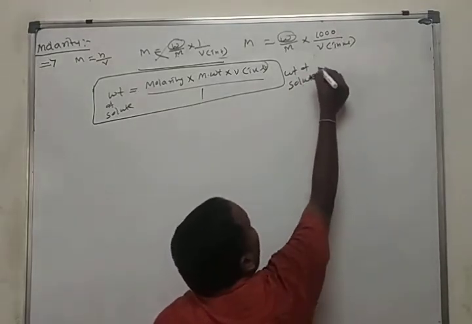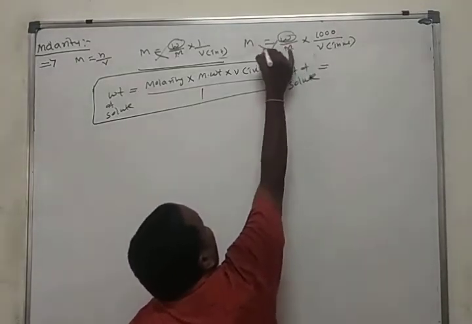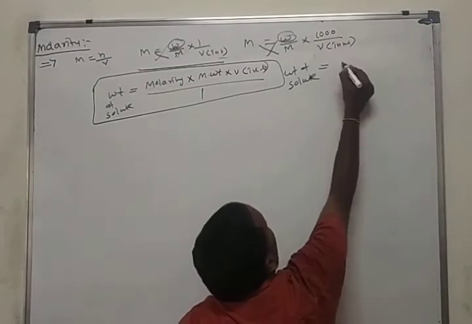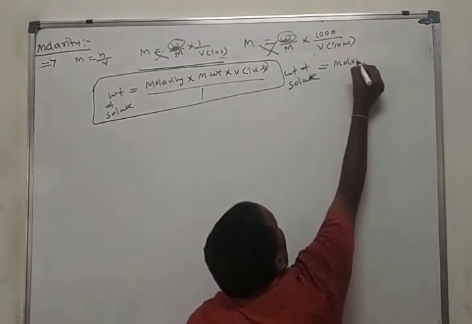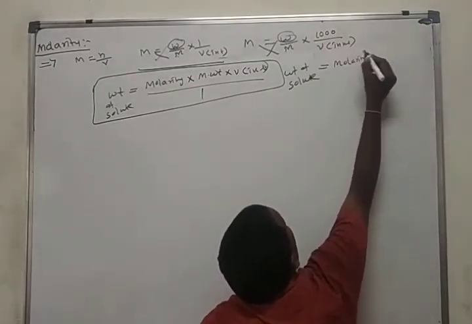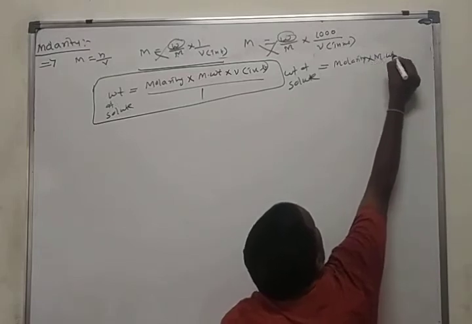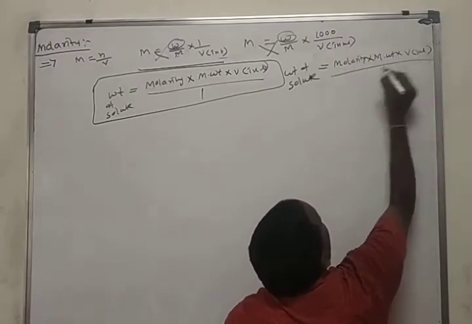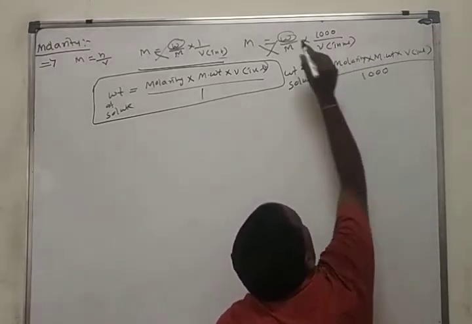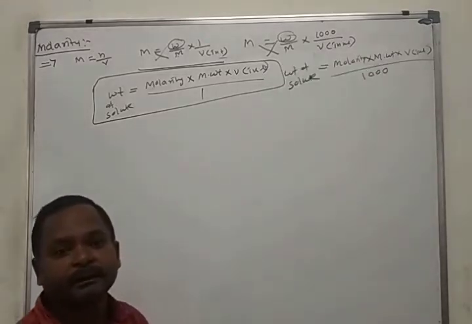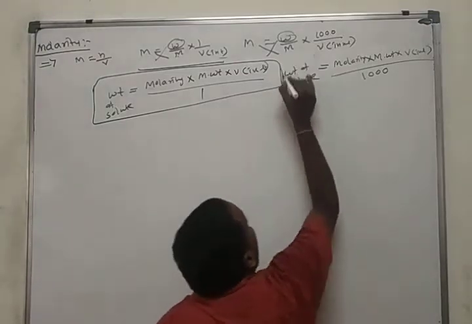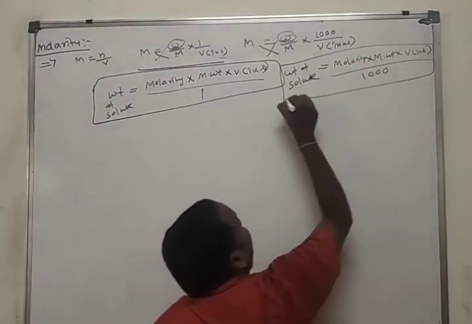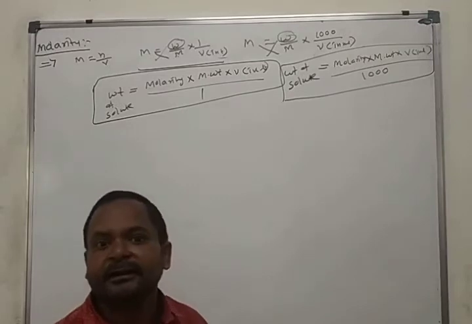Weight of solute is equal to cross multiplication. What is the cross multiplication? Molarity into molecular weight into V in milliliters by 1000. By using this principle, we will calculate the weight of the solute when data is given in 250